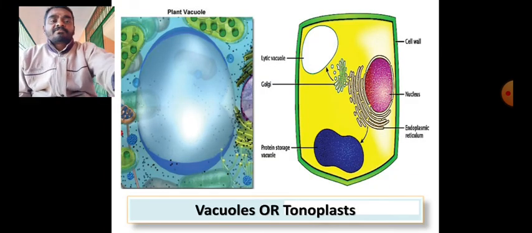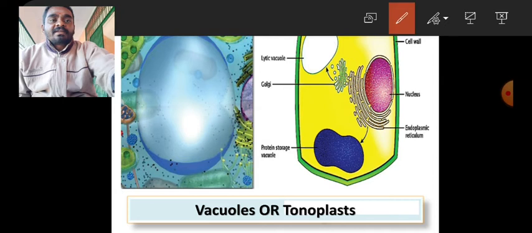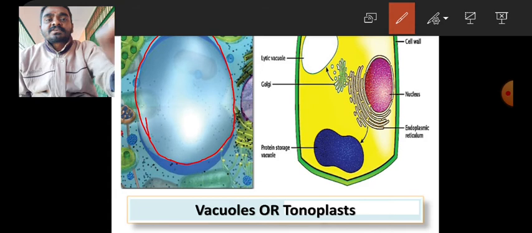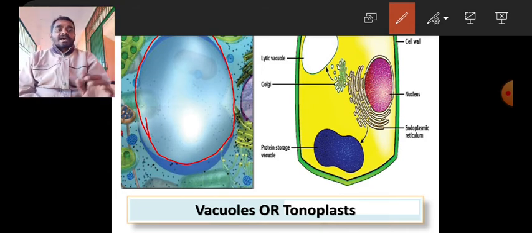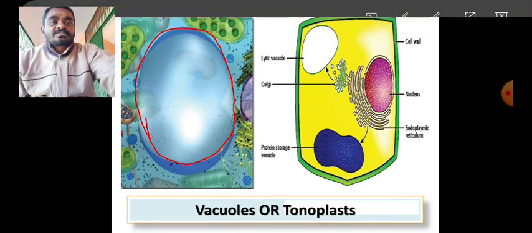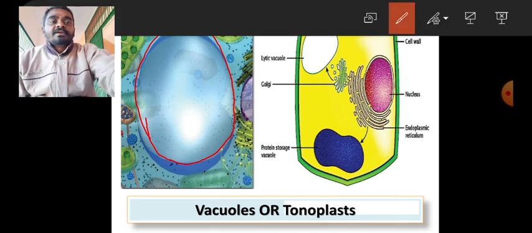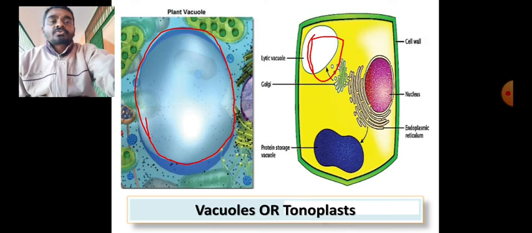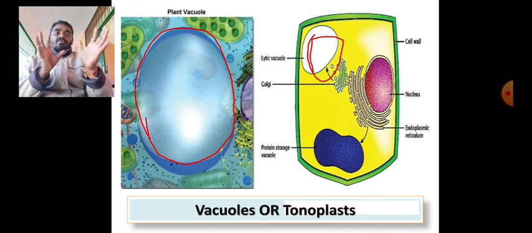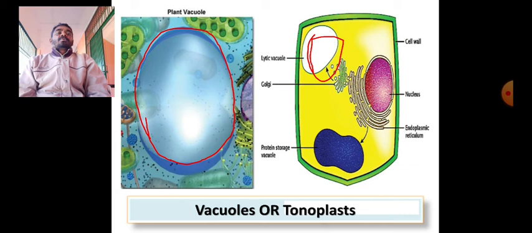Now you carefully see the tonoplast or vacuole is given. This large structure, this balloon-like structure, is called vacuole, which is a storage sac. And this large structure is collected from the plant cell that is provided again. In that plant cell, here it is, no? This is called the vacuole, and that vacuole is shown here enlarged. So here ends the whole chapter, The Fundamental Unit of Life.